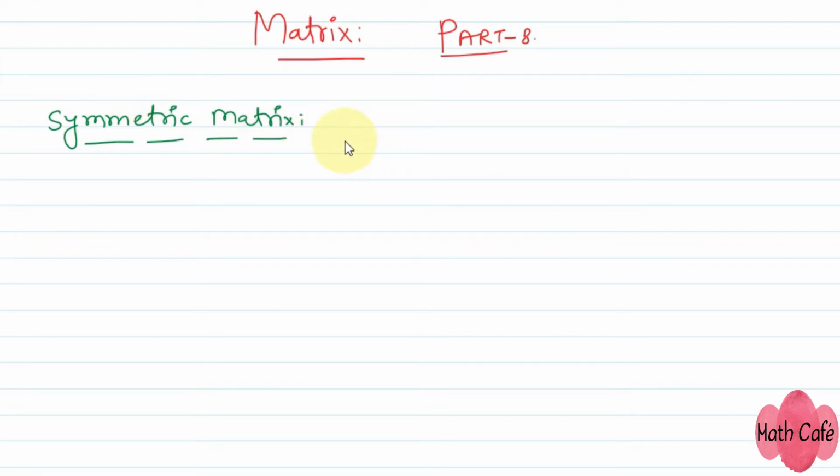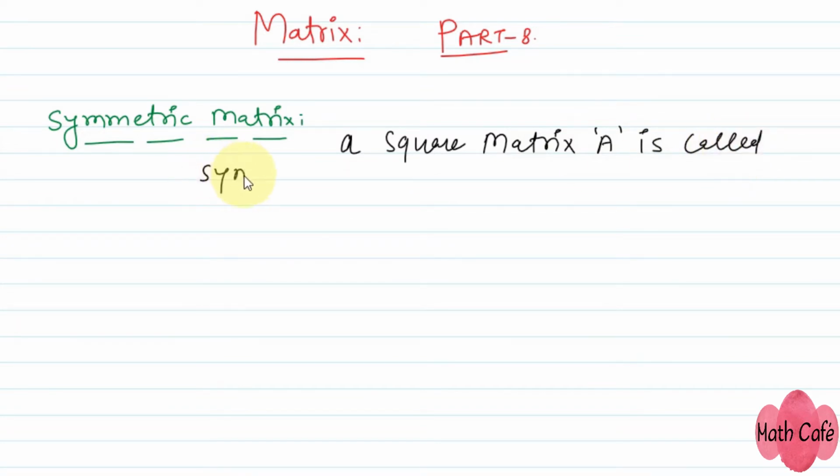A square matrix A is called a symmetric matrix if A is equal to A transpose. If a square matrix is written in this form, then A will be a symmetric matrix. So let's take an example here. If A is written in the form